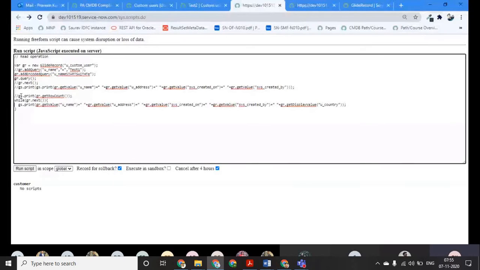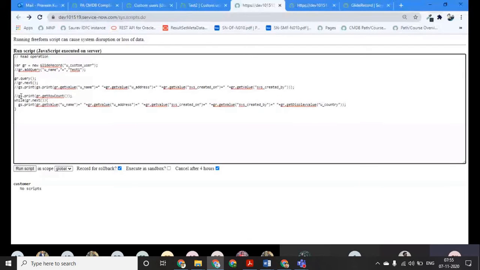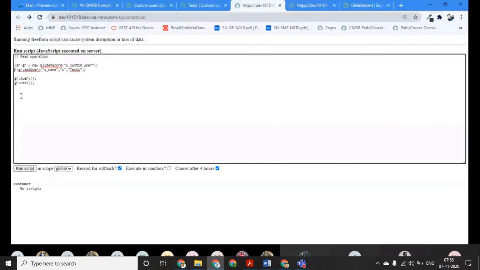I'm removing all of this again and will keep only a few lines here. So we create a GlideRecord object again.